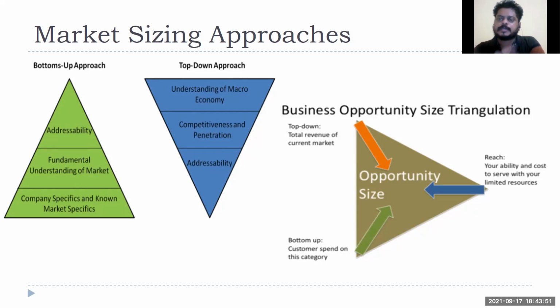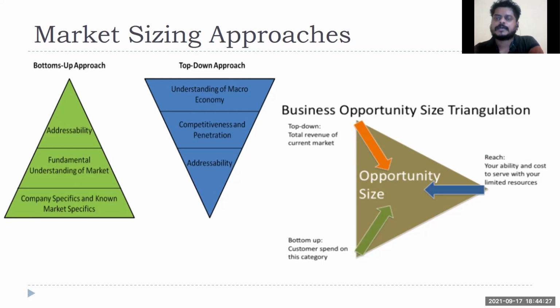If you just go by the bottom-up approach, you will find a total market opportunity of 4 crore in the southern part of India, and you will assume that you will gain 25% of the market. So you will make a huge business case that the market available is 1 crore, which might be incorrect also, right? So why do you do both ways? One way you are finding a calculation of 50 lakhs, another way your calculation is 1 crore. Which one of them is correct, or do you want to average them out? Either you have to take one or you want to average them out.